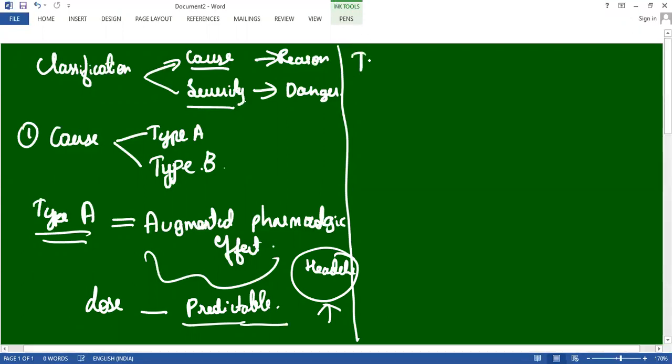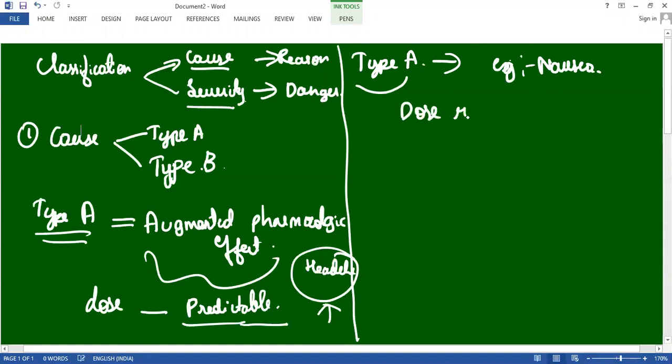And this type A, another example is bleeding when using the anticoagulant warfarin tablets, and nausea. One example is nausea when the drug is highly consumed. I already said this type A is completely about dose related, dose dependent issues. It will not be that serious or severe. It will be in a mild condition, low.